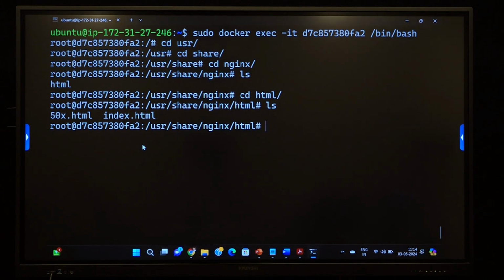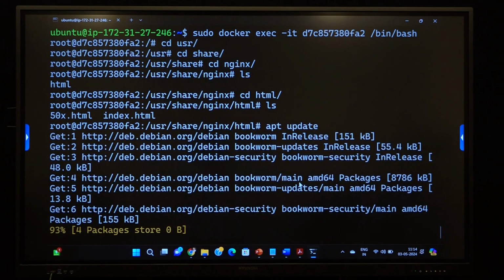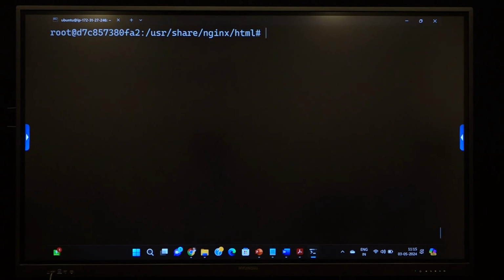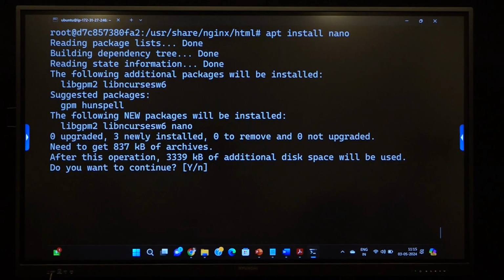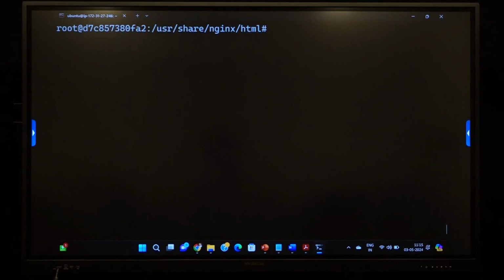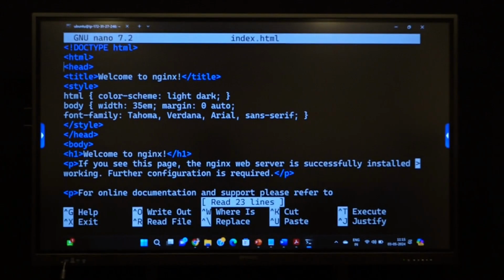To do that, just have apt update. As I am already a root user, I need not use sudo. Update your server. Once the server is up to date, now you need to install apt install nano editor. You can install any of the editors. I am installing nano editor. Once nano editor has been installed, just open index.html, and over here